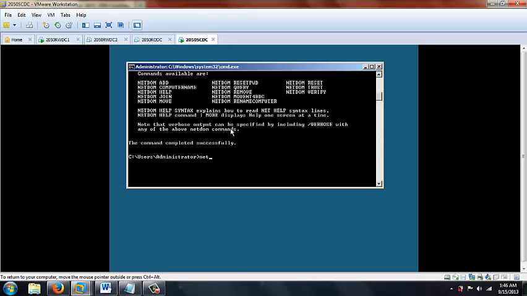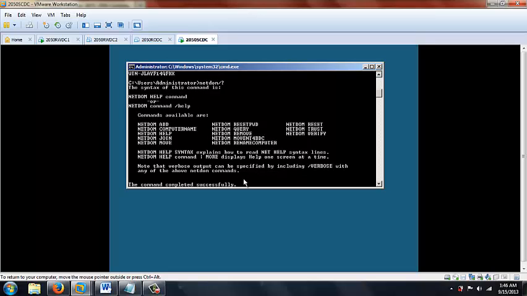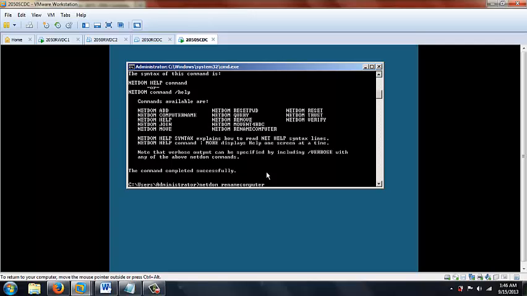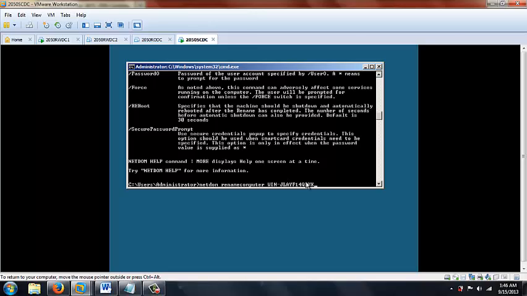So you put in netdom renamecomputer, and then you put in the old computer name, which is win-j, that thing. So we're going to put in LAYF 14 QFKX. And yours might be different, so that's why you'll have to use the hostname command and find yours and put that in. So you're going to put in that command, and then right after that command do /newname, and then after that, that's when you're going to put in the new